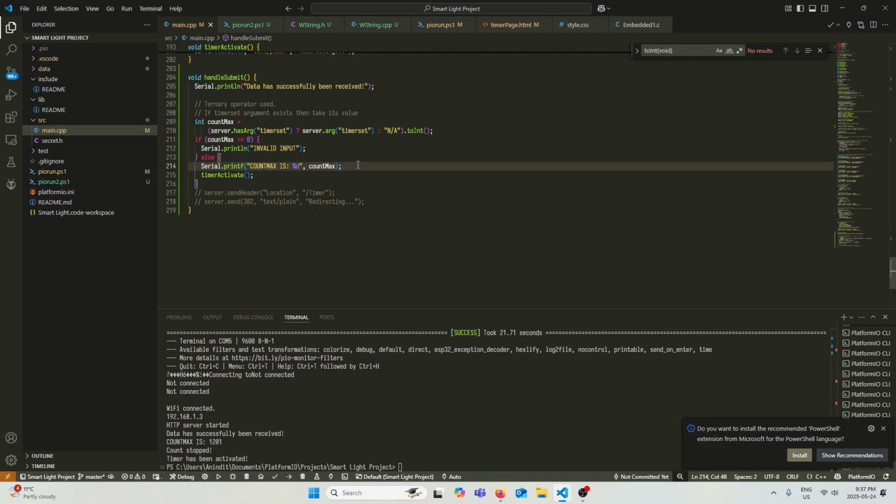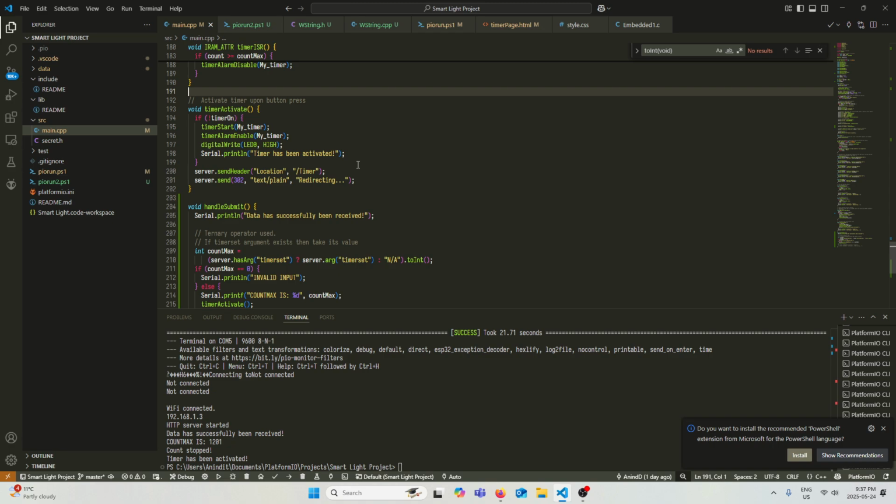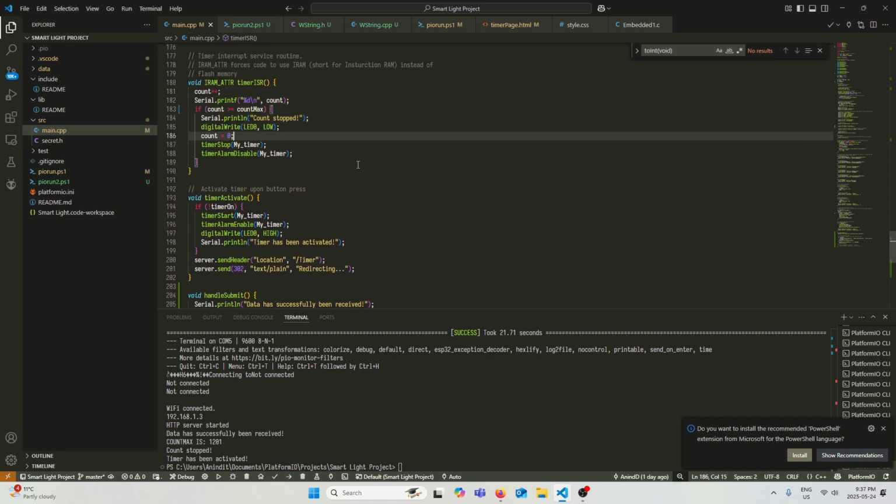Why is the counter just 120 and then 1? It makes no sense. It should be 120, 120. I'm thinking, what should I do here?